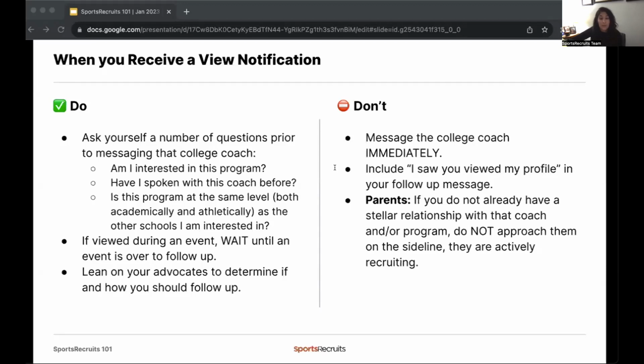Also, when you are sending a message, whether it's at 24 to 48 hours after the event has completed, don't include "I saw you viewed my profile" in that initial email to them. If you've never sent an email to that program who viewed your profile, you should send an introductory email to them. If you have maybe reached out before to that program and had some prior email conversations with them,